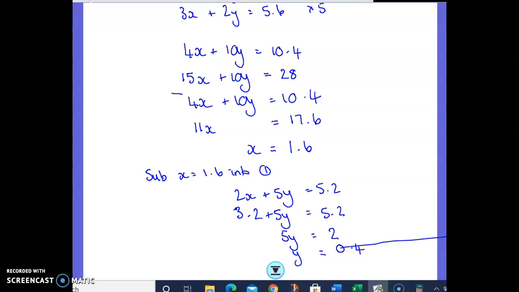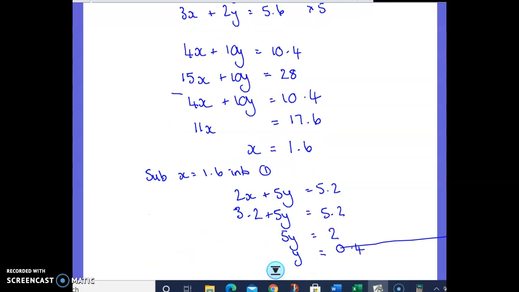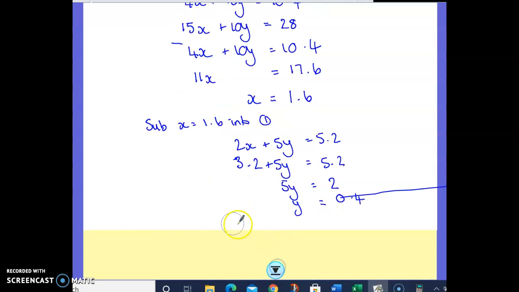And then we need to make sure we answer the question. The question says find the length of an arrangement which has 5 beads and 2 pearls. So 5 beads and 2 pearls would be 5x plus 2y, which gives me 5 times 1.6, plus 2